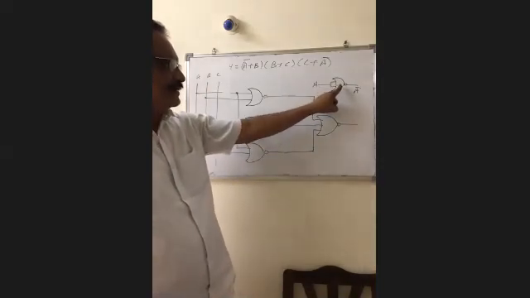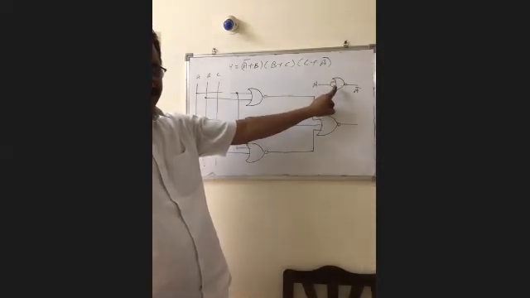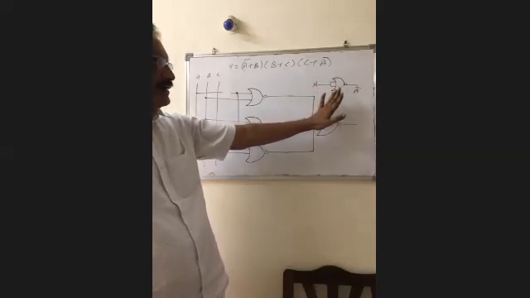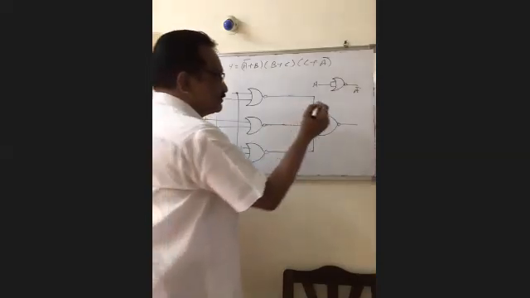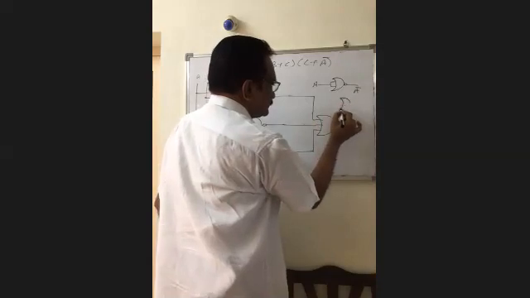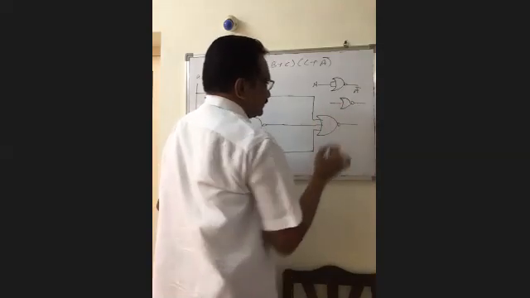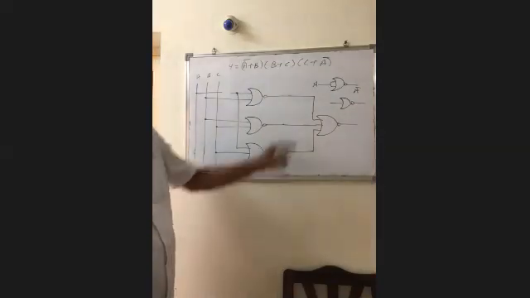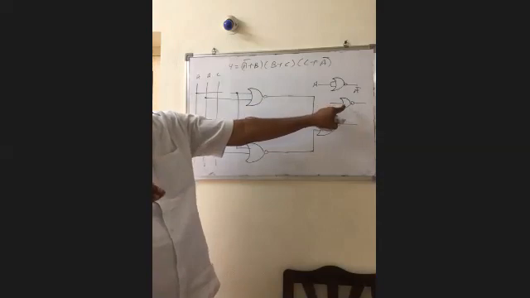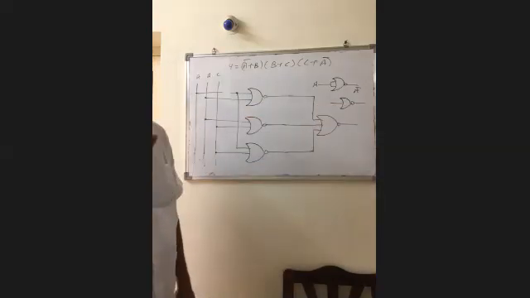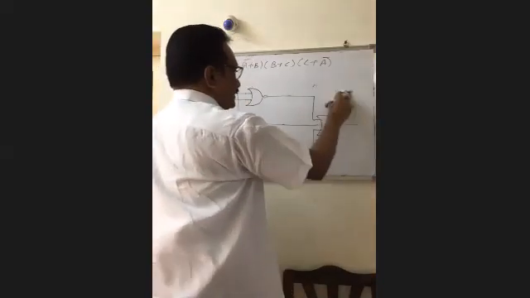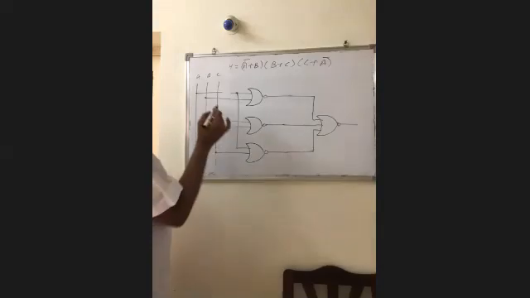This is a two input NOR gate. Both the inputs are shorted. So it acts as a single input NOR gate. So it works as a NOT gate. It can also be redrawn as this one. That is a symbol for a single input NOR gate. And actually it is a two input NOR gate. Both the inputs are shorted. So here also replace a single input NOR gate.